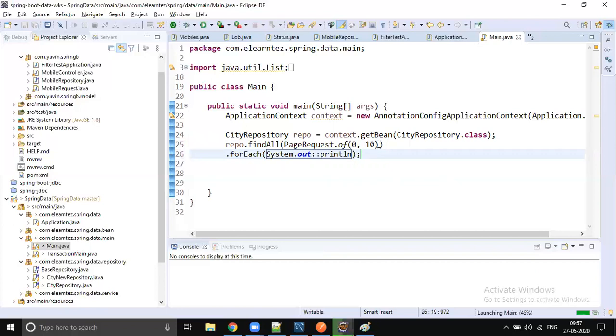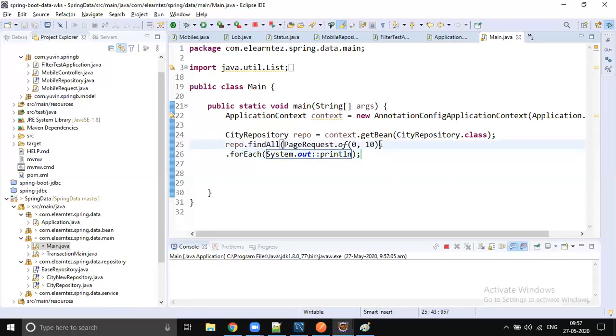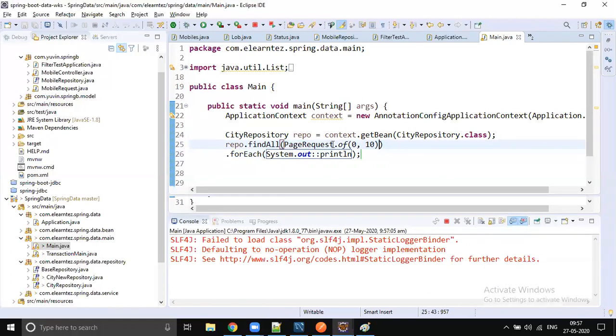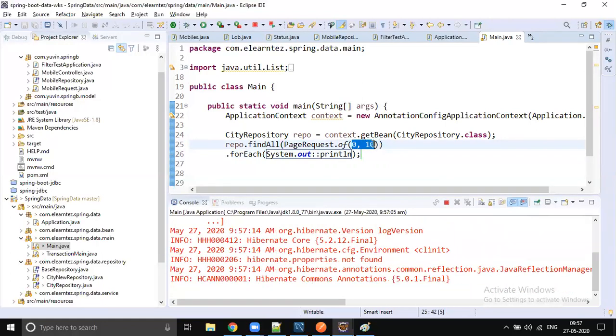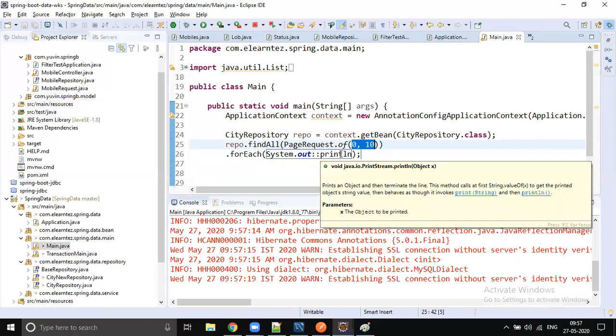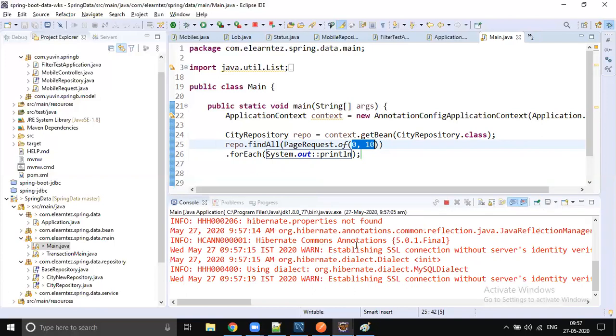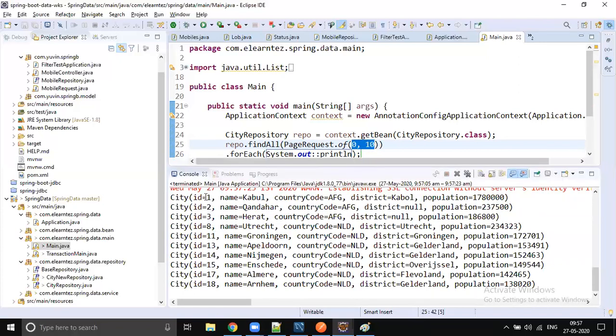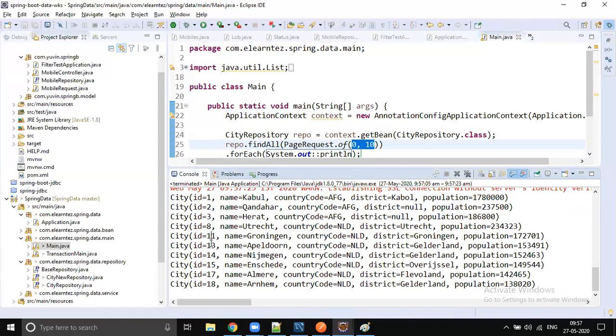These numbers have to be managed by ourselves. It can be by the front end or by ourselves, so we should be very careful with those numbers. So 1, 2, 3, 4, 5, 6, 7, 8, 9, 10 records, right?